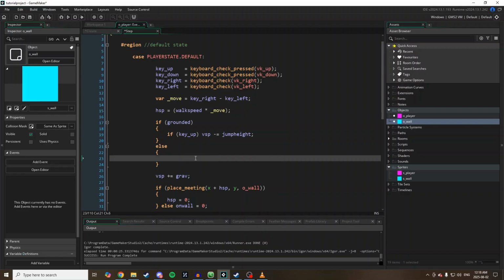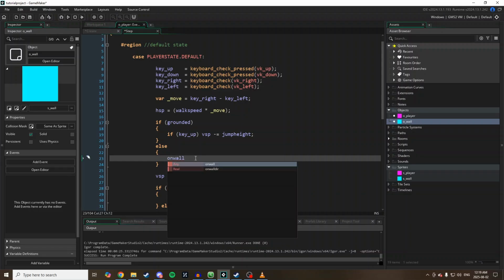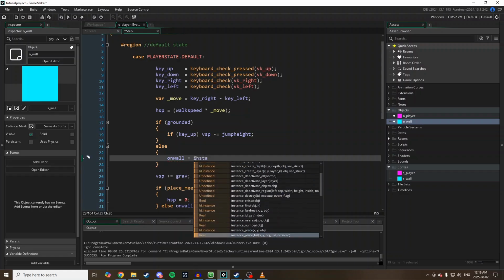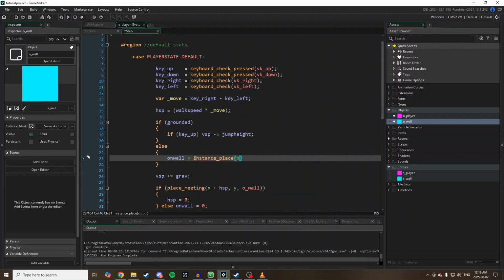So now, instead of figuring out whether or not I am currently hitting a wall, I'm going to be doing an instance place check to grab the ID of a wall, and I'm going to be seeing if that returns noone or not. So I'm going to say onWall equals instance_place, x plus key right minus key left,